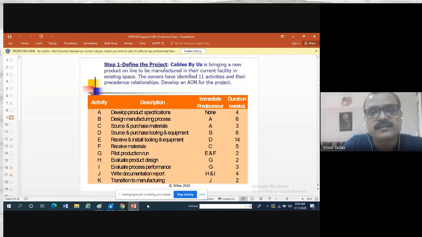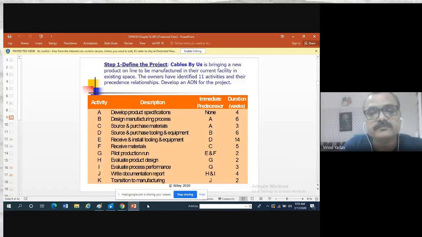Then receive and install tooling and equipment. Whatever equipment you have received, you install in your lab. That is the E step, and it depends on D, because you have to receive the tools and equipment first, and it requires 14 weeks.